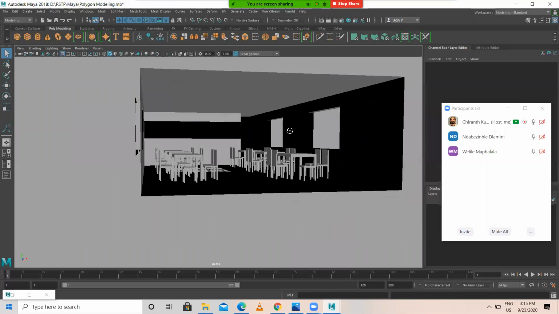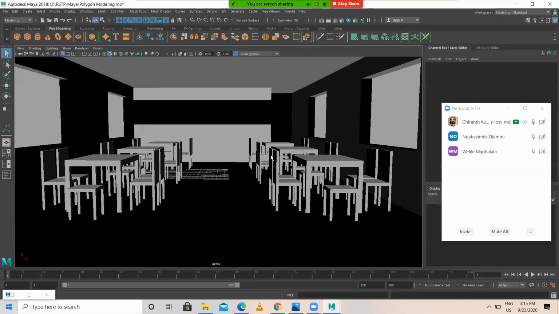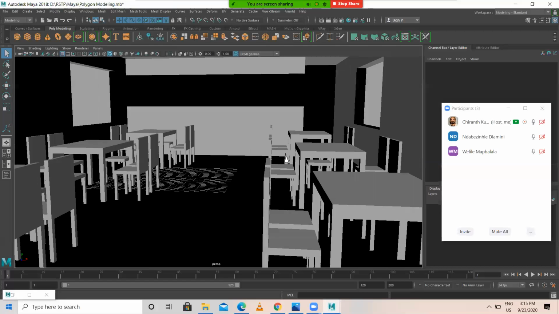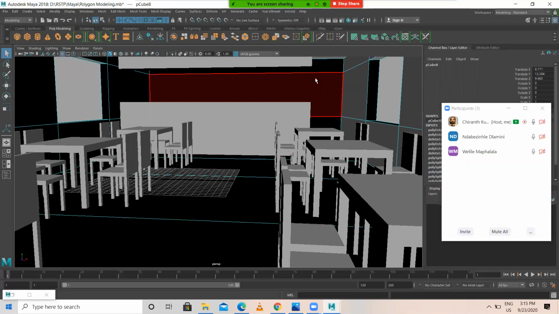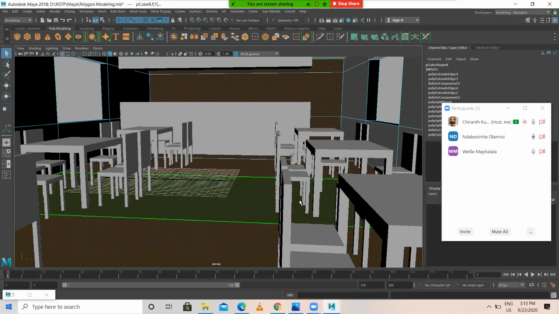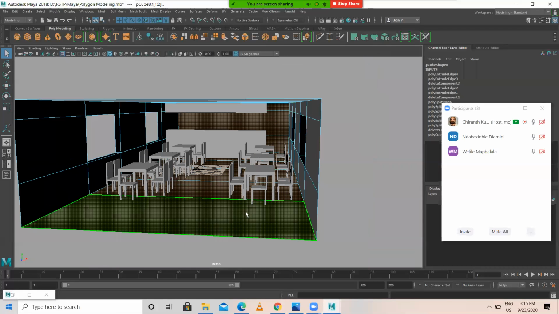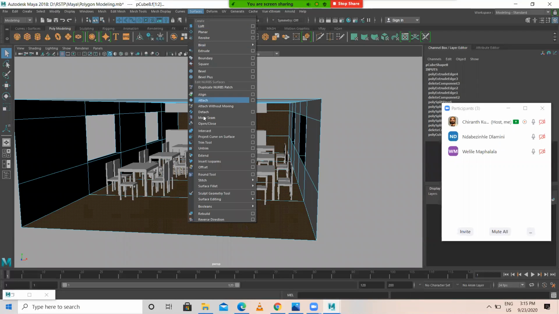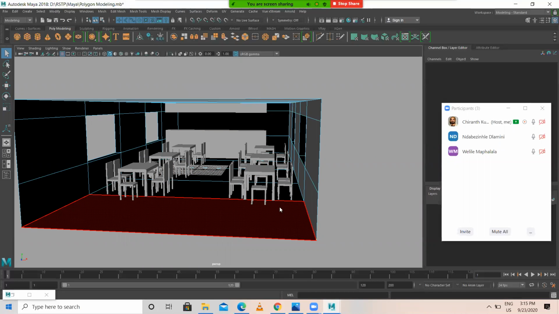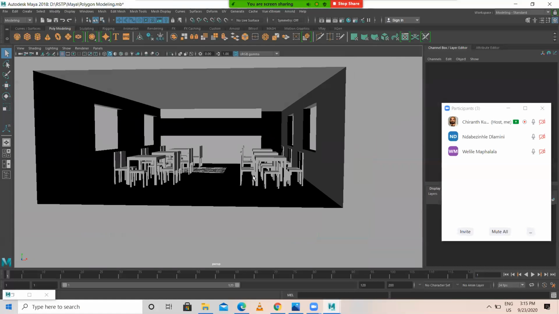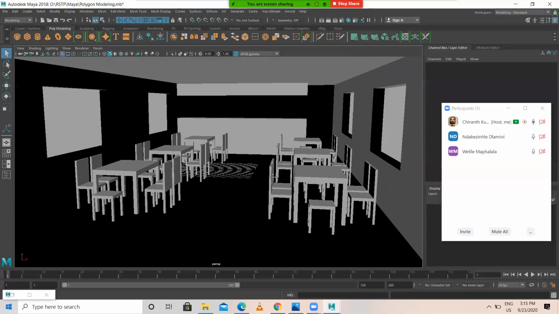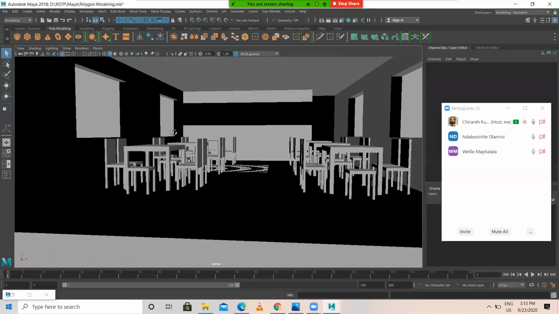Repeat last tool, and you're getting the output. Okay, this looks like this. I'm getting an output like this.